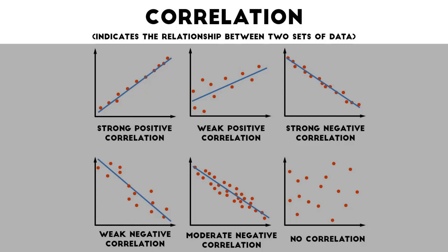So again, correlation indicates the relationship between two sets of data. If your correlation graph looks like this, then that's a strong positive correlation. Imagine that the graph represents two values, and I'll go back to one of the examples we had earlier: shoe size and height, how tall you are. If shoe size was on the x-axis and height was on the y-axis, then a strong positive correlation would tell you, if you had two sets of data from each person you were collecting data from, one is their shoe size and one is their height,